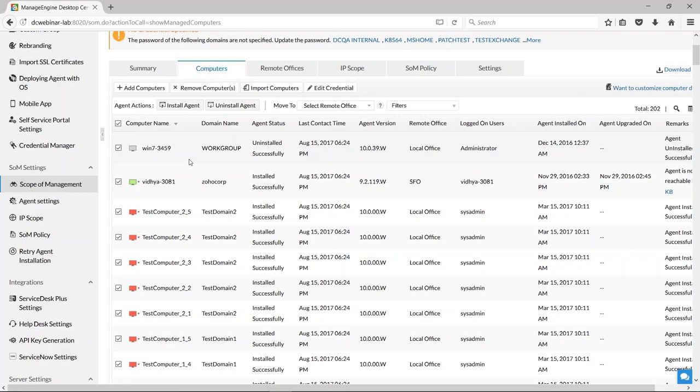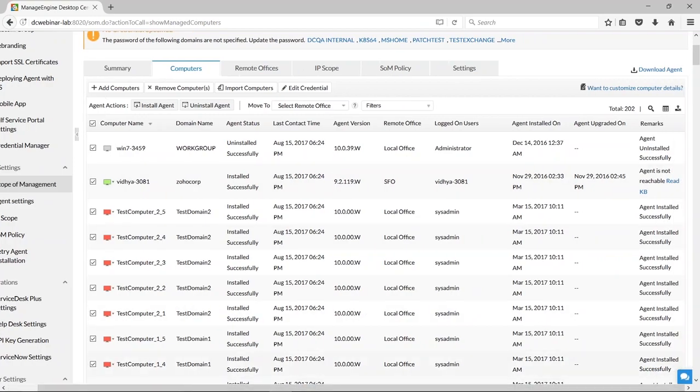So from the client, the admin share should be enabled, as well as file and printer sharing, and the AV which is available on the machine. If it is enabled, this is going to help you install the agent successfully. If file and printer sharing is not enabled and the admin share is not enabled, we may encounter